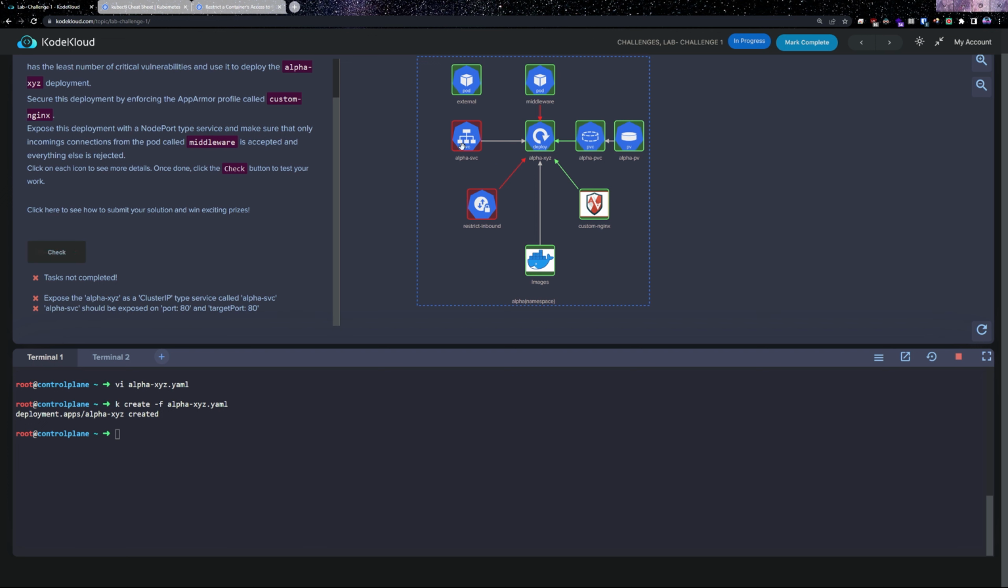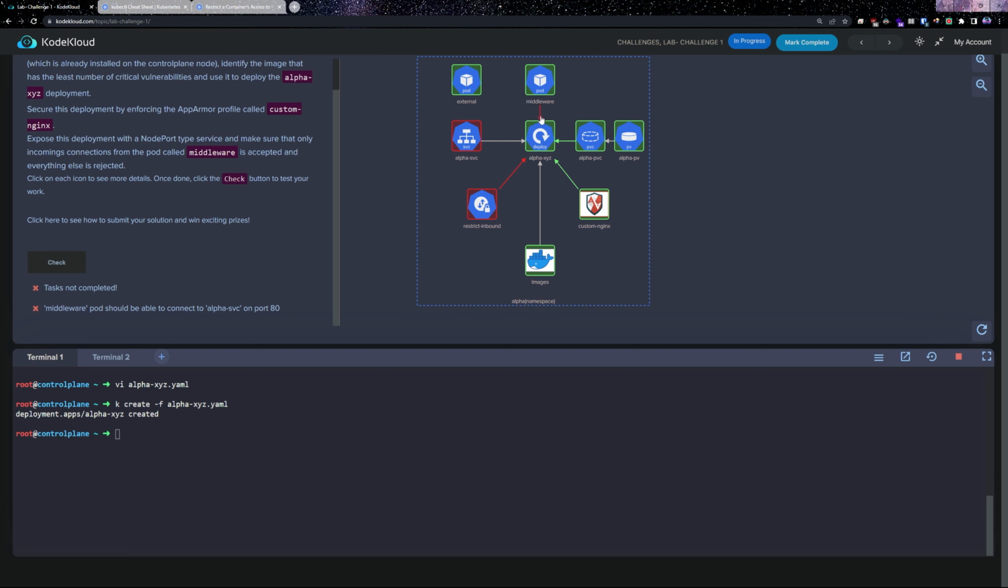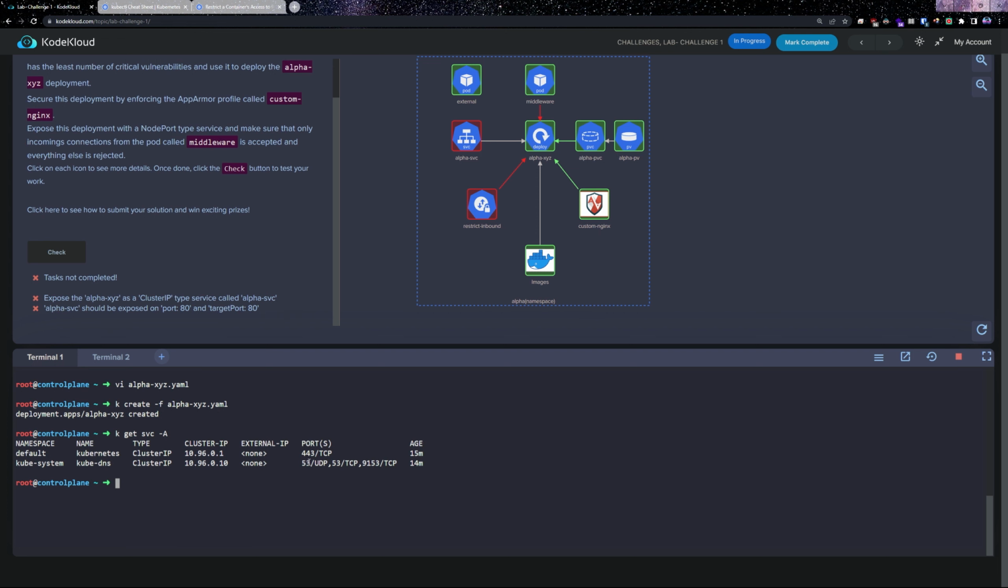And let's move on to the services. But before we do that, let's check this little task. So the middleware pod should be able to connect to alpha service on port 80. There is no service now. No, there is no service yet. So let's create one. And by doing that, let's expose the alpha-xyz